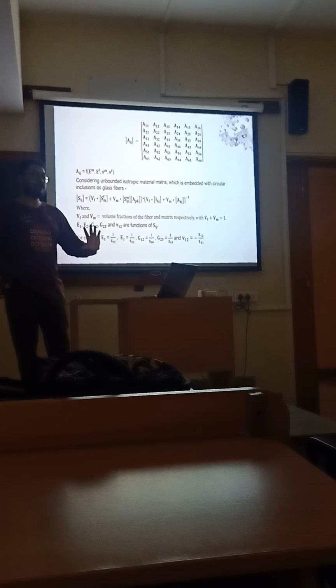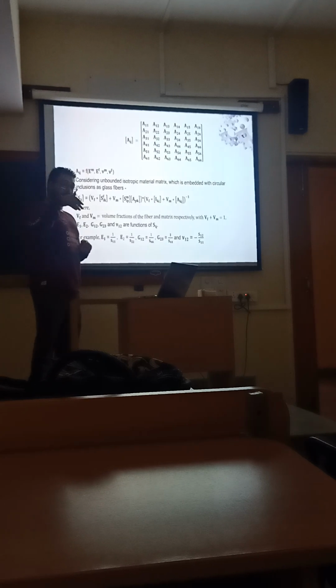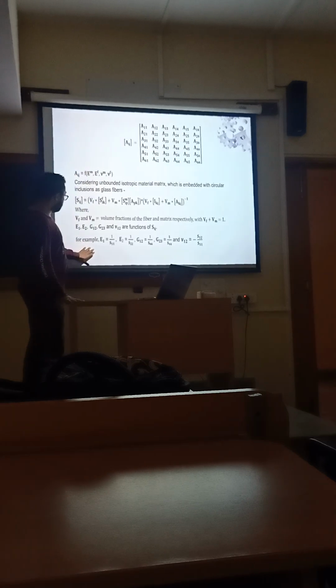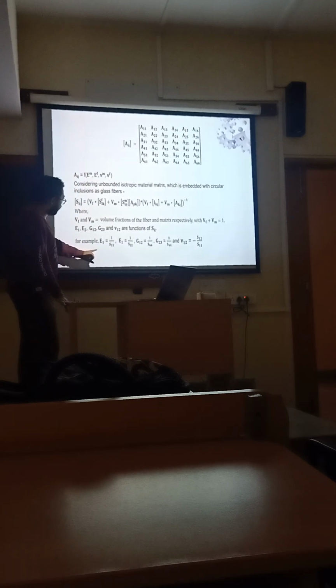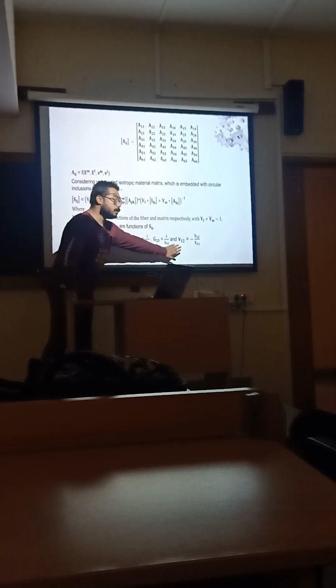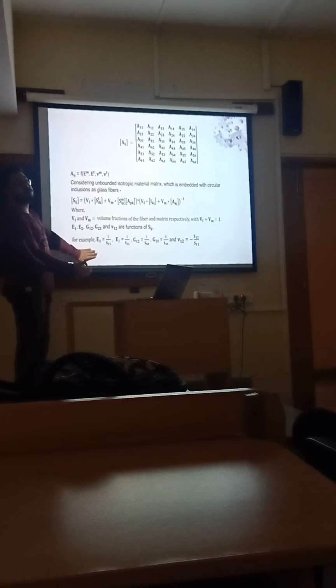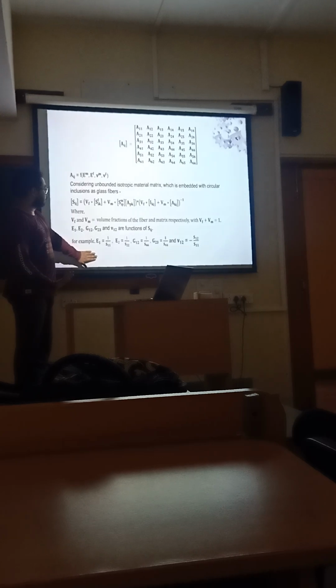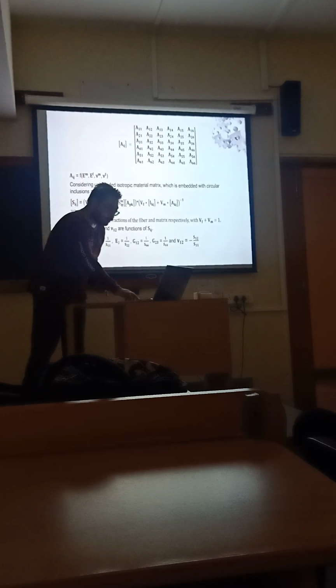But my beam is constructed with 10 layers. Now, how will I go from 5 to 9? This is the complete framework. How will I get E1, E2, G12, G23, and U12? These are the 5 independent constants which the Mori-Tanaka method will give us. Now, from there,